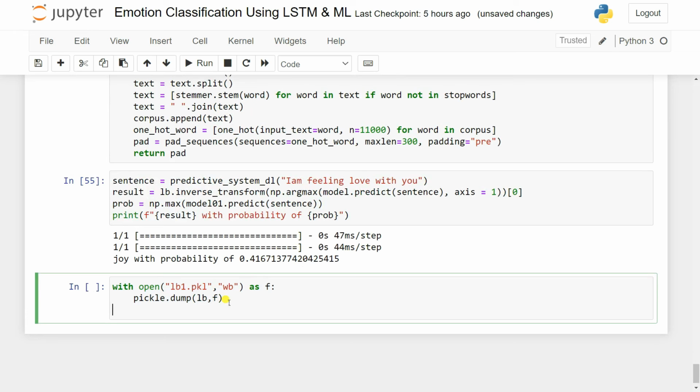This vocabulary has some information, so we can pass it inside a dictionary. It's called vocab size, and vocab size is 11000. Then after that we can use max len. So max underscore len is 300. So we can use this as vocab info. So when you use this deep learning method to create these applications,